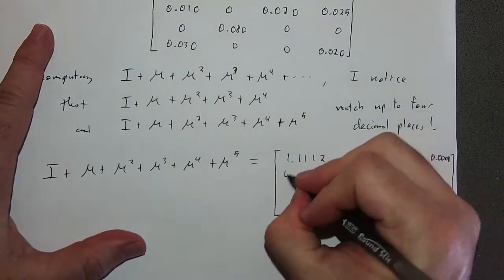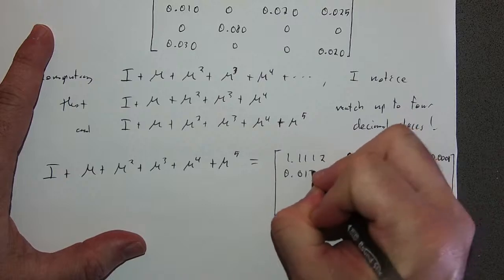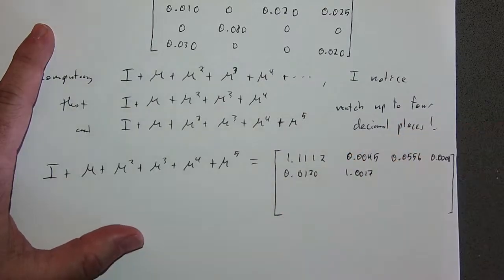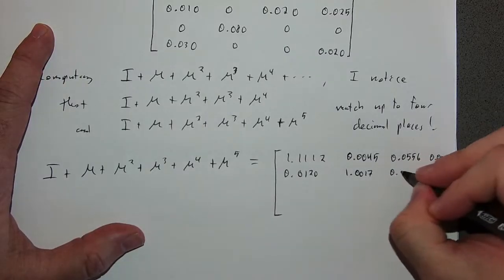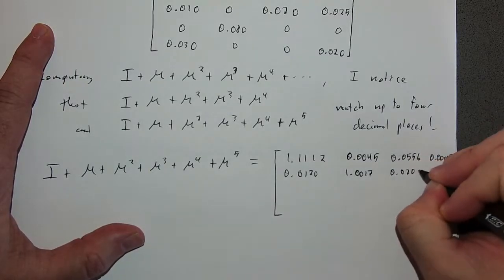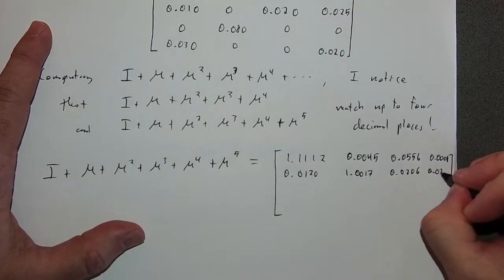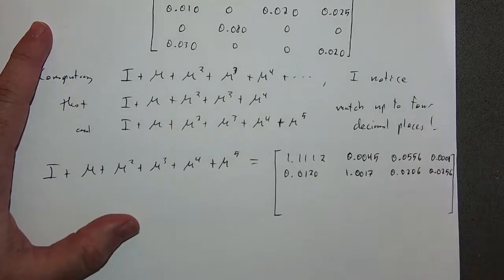Next, this would be 0.0120, 1.0017, 0.0206, and 0.0256. Next row is